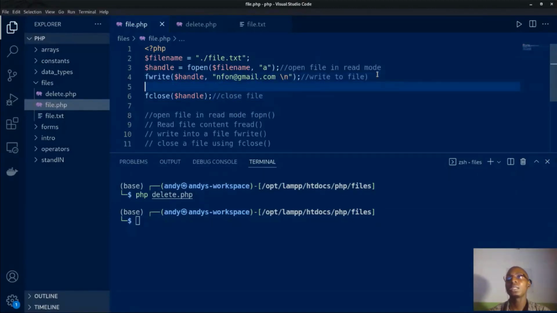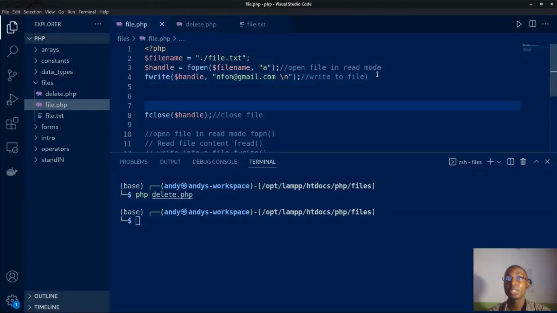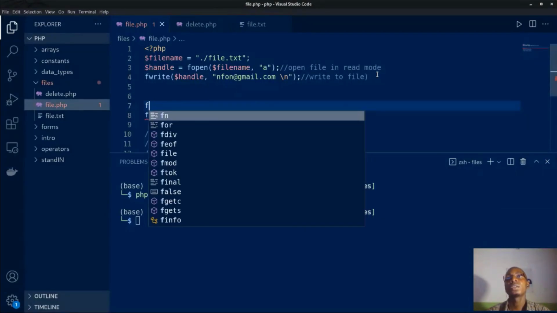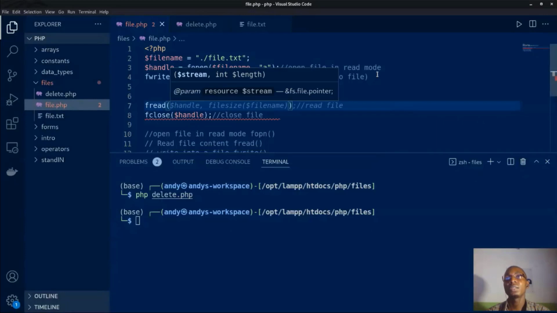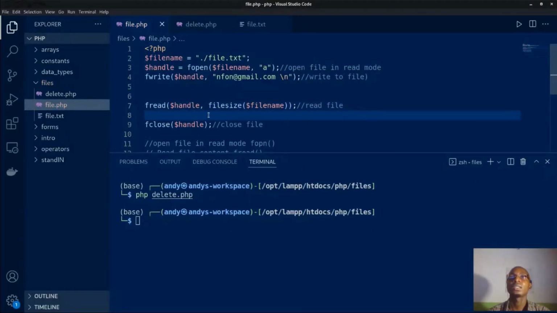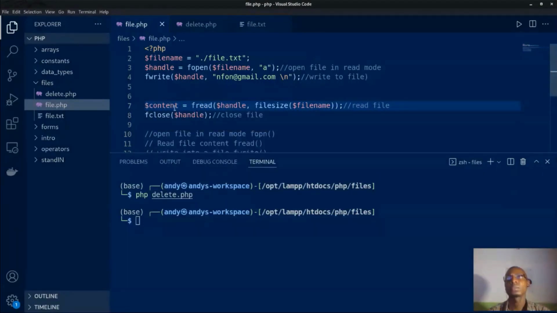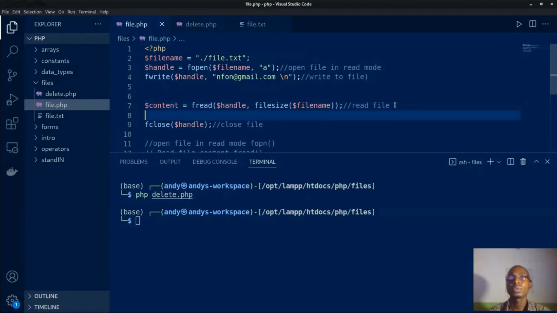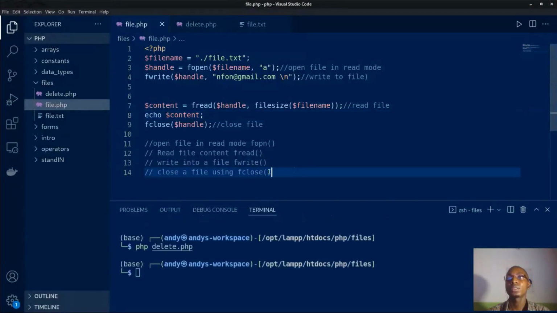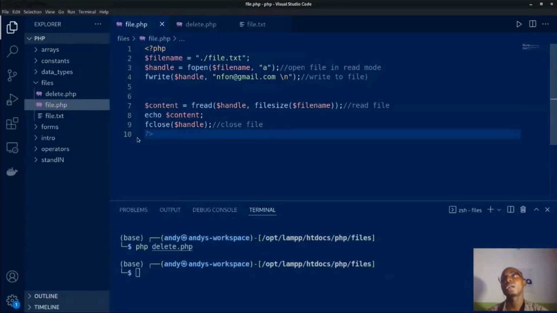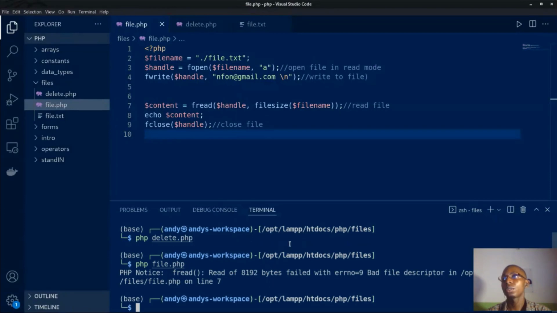So I want to write my email into this file, and after writing, I'm going to read the file. So I'll do fread, passing the file name and size, and store that in content. The next thing I am going to do is echo the content. I want to write into a file, and read back the file and see what is displayed as the content, right? So if I execute this file.php, oh sorry,